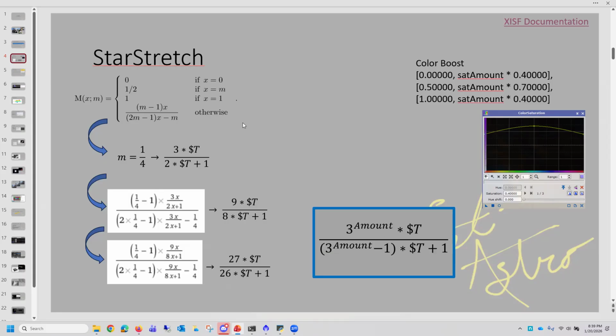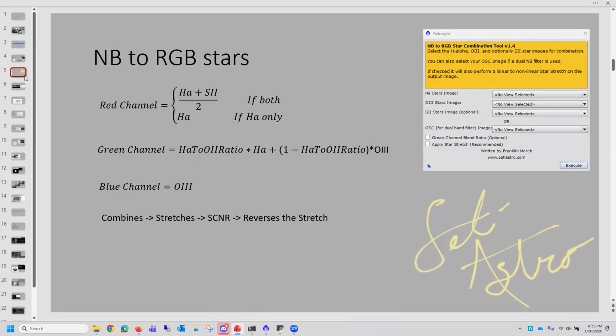At the time, there was GHS, which is a hyperbolic stretch to go from linear to nonlinear. There was Easy's soft stretch. There's a couple stretching methods, and all of them seemed really arbitrary to me. Like it was all just user feel. There was no actual solution to any of them. So I knew I could